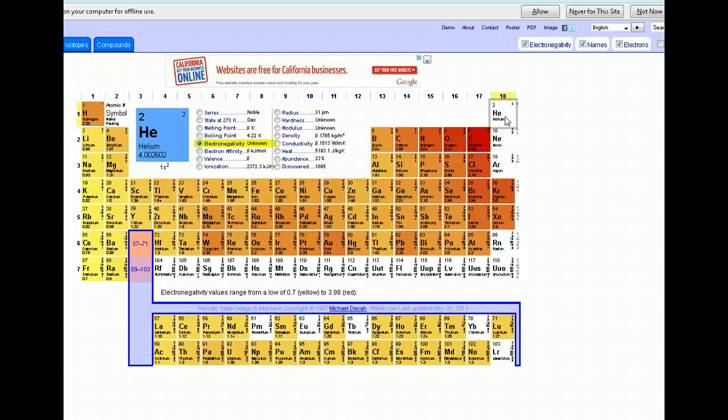The other thing to remember is that the guys on the left side of the periodic table like to give away electrons. The guys on the right side, the red ones, like to take electrons from other things. So if you have an atom over here hooking up with an atom over here, the right side guys are going to rip electrons off the left side guys, and that's called an ionic bond. Fluorine is able to take an electron from the guys over on this side. So that's ionic bonding. If they're far apart on the periodic table, then they're ionically bonded.